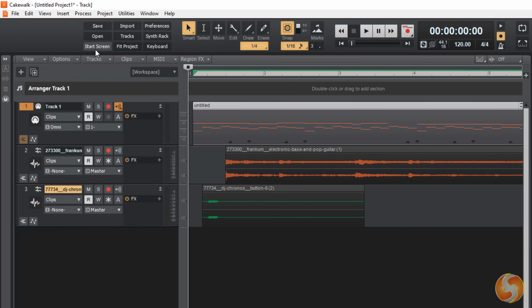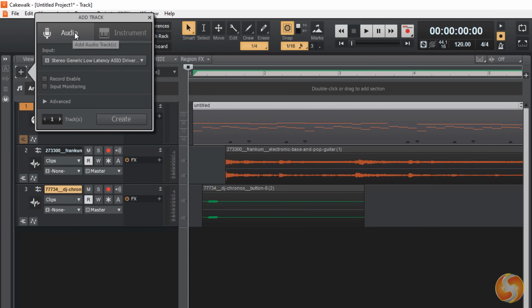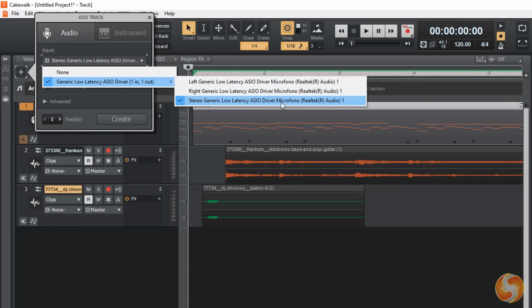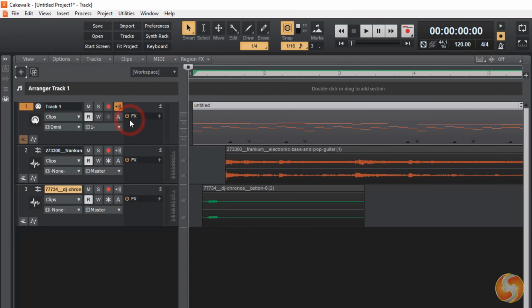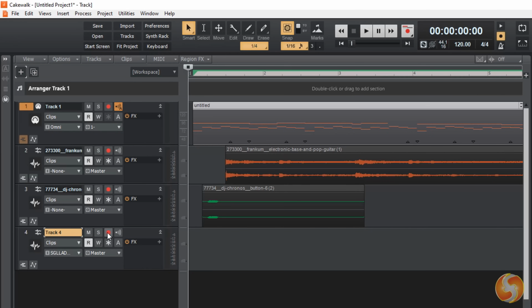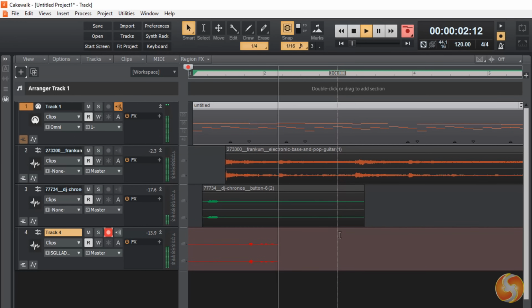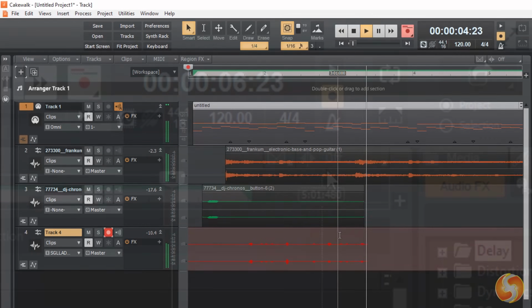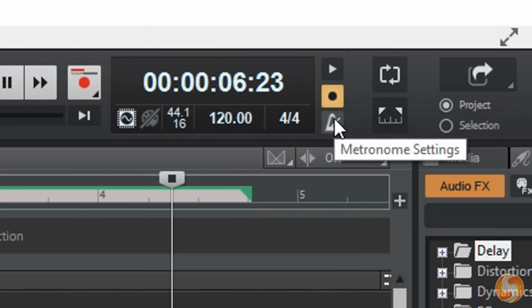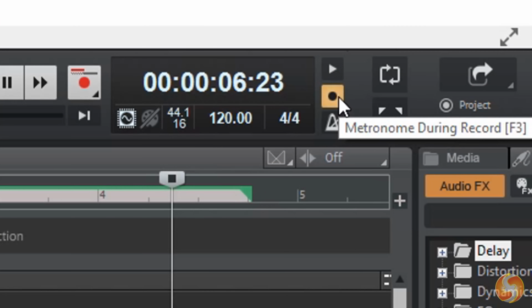You can also record from your microphone. Click on the plus button in the top left corner to create a new audio track, selecting the correct source under Input. When you arm such track with its record button, you shall see the decibel meter reacting with your microphone. At this point, enable the record button on top to start recording. Turning the metronome on the right on or off as you need.